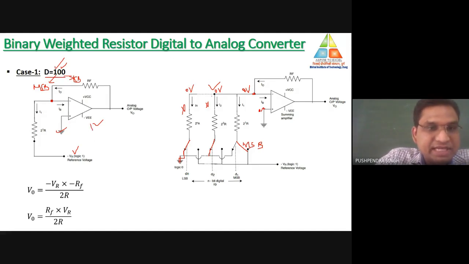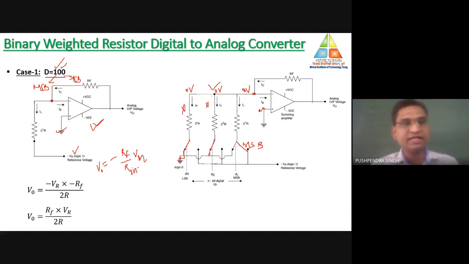Now this is the simple circuit, and it is connected in inverting amplifier configuration. In case of inverting amplifier configuration, what is the value of output? Output is equal to minus RF by R1 into Vin. That is the value of output in case of an inverting op-amp. Input reference voltage is connected to the inverting terminal of the operational amplifier, and the non-inverting terminal is grounded. So the simplified circuit is an inverting operational amplifier, and its output is minus RF by Rin into Vin. What is the value of Vin?